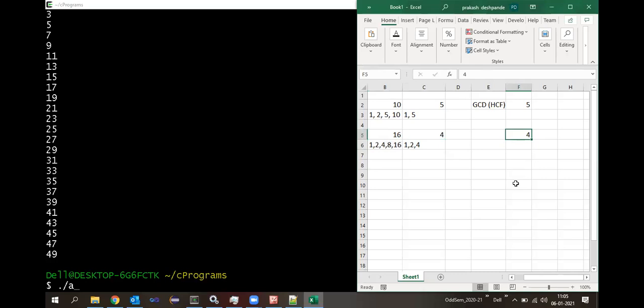So we need to write a program in order to solve this problem, wherein you will enter two numbers and the result should be the greatest common divisor or highest common factor. Okay, understood? This particular program we will take up in the next class. Again, to solve this we require looping conditions, so we will make use of the while loop.